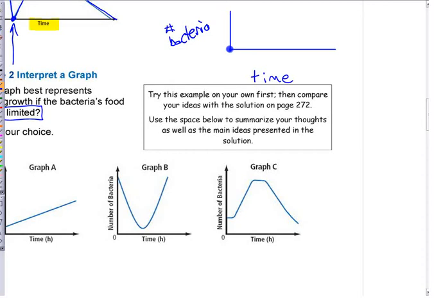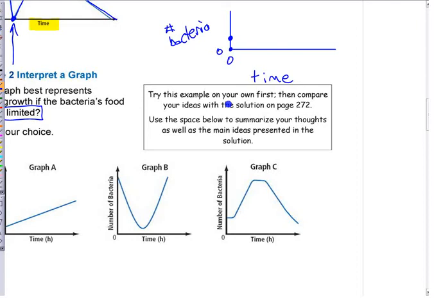Can this graph start right here? Can it start at 0? You know enough biology now to know the answer to that question. Why not? If you have no bacteria at the start, if you have something that's completely sterilized, there's no bacteria at all, can you have bacteria eventually? Unless one arrives in the situation, but probably more likely this doesn't start at 0, it starts up here somewhere,